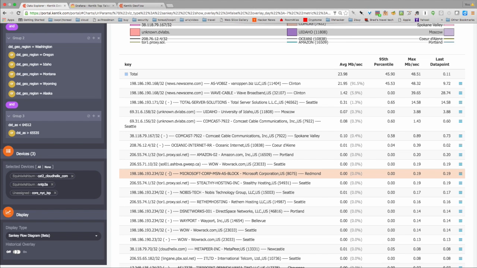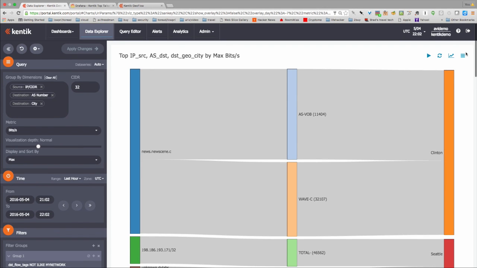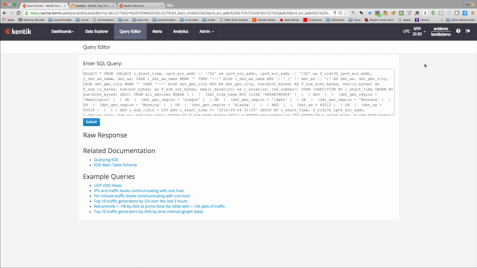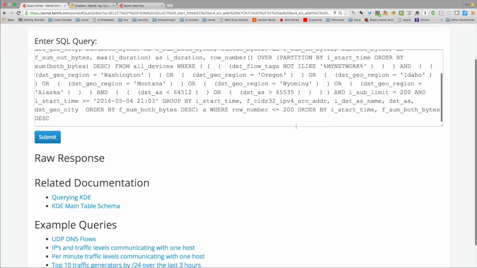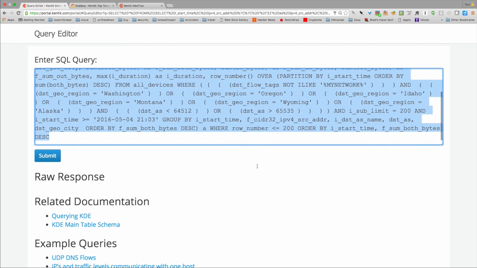Now, for the automation folks and people that are looking to get it, the interesting thing here is everything that the portal does is actually done by making SQL queries at the back end. So this one happens to be a tri-dimensional lookup, so it's a little bit more complex. But if I copy that query,